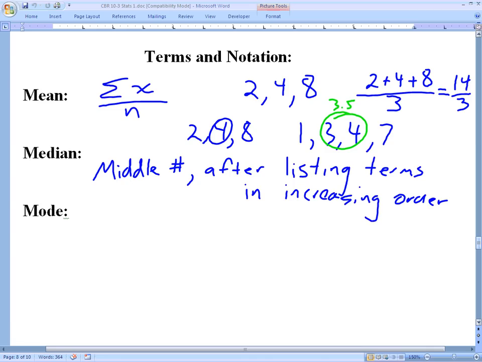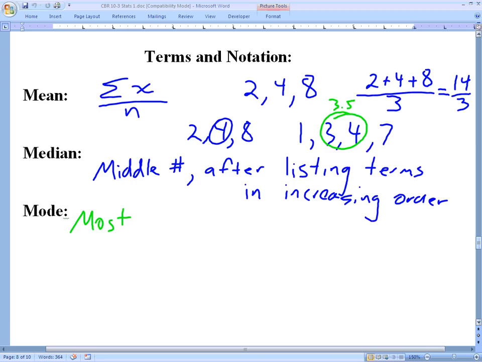Then finally we get to mode. Mode is the one that occurs the most. Now, in most of our data that we've looked at in middle school and early high school, you'd have a list of numbers, and the one that repeats the most is the mode. But you don't have to do that if we have a frequency